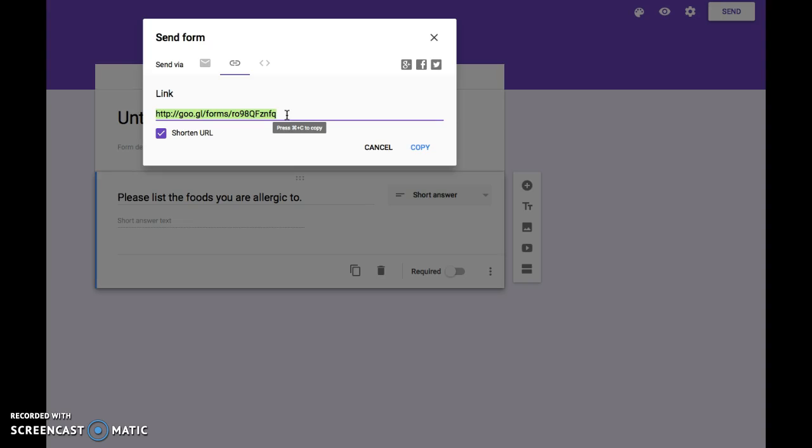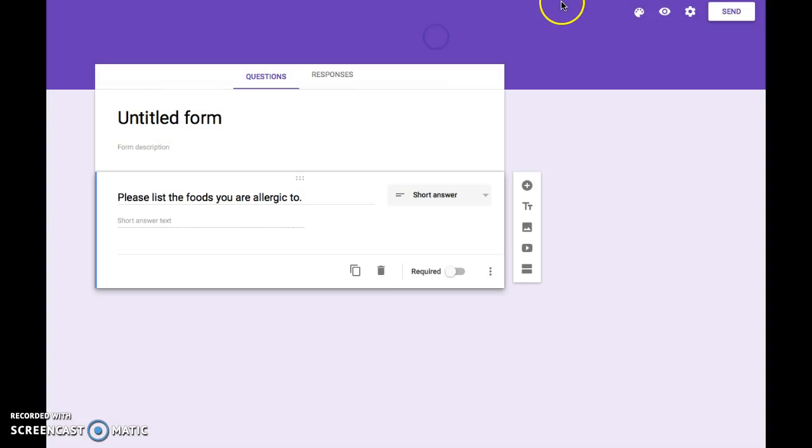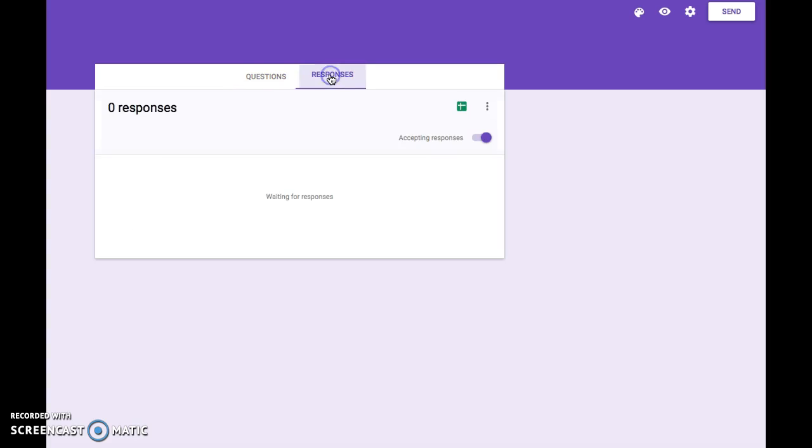I'll put up a spot where we can all paste our links, and then everybody can take them, and it's anonymous. You don't have to have a Gmail account to take it. Everyone will be able to take it. And then it's easy to collect your responses. You just log back into your Gmail account and then click on responses, and it will have all the responses to your questions for you. So I'd highly recommend you use Google Forms.